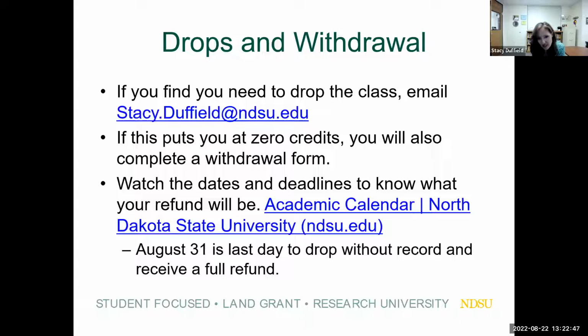And it generally doesn't mean a whole lot, but it will still be on your record that you had an attempt at that class. And sometimes some institutions have policies around the number of times you can attempt something, and it will be counted as an attempt if you have a W on your transcript. So just be really aware of what it means to drop. But also, if you feel like it's not going to go well, remember that this is a college class and that transcript sticks with you.